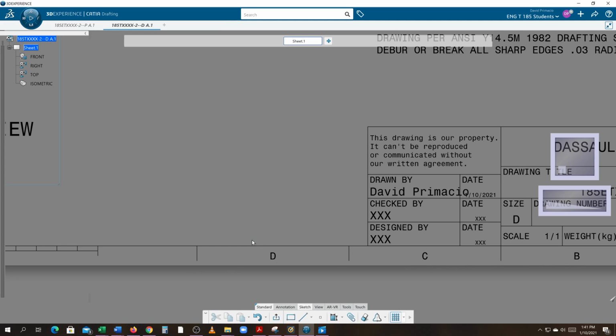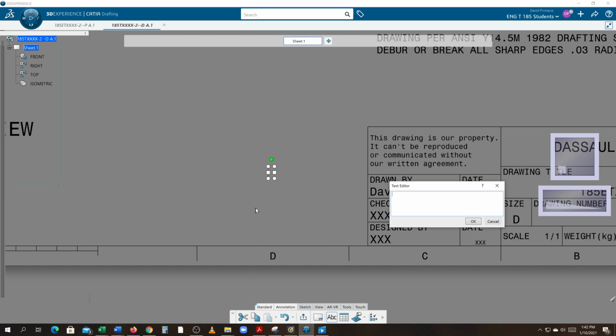Actually, sorry. What you want to do, so you know what size rectangle to make, is go to Annotation and create the text. I'm going to click a position over here, and I'm going to type in plus or minus. Now, if you don't know the plus or minus, you can go to Google search,